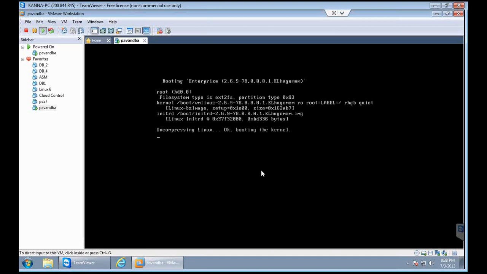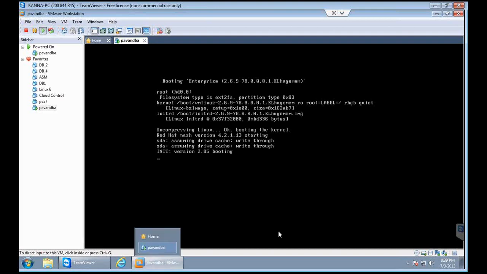So I hope you people might have got another email for the link from where you can download this Red Hat Linux, sorry, Oracle Enterprise Linux software. So everybody got that email.